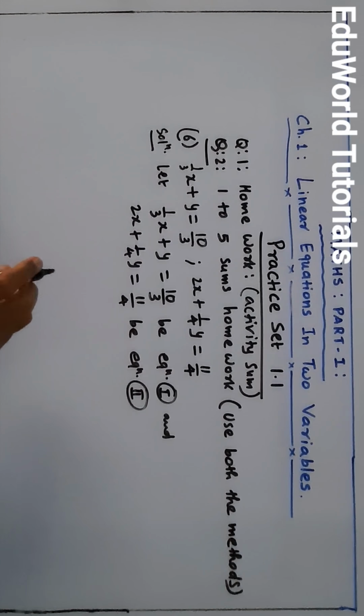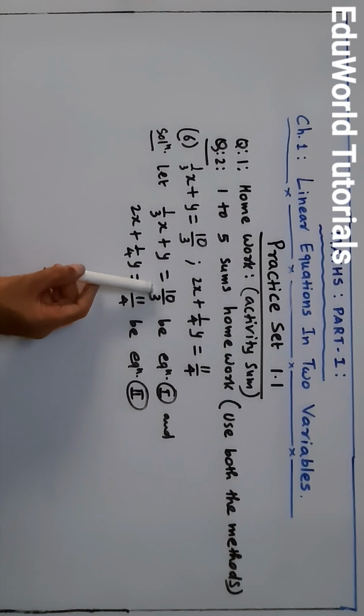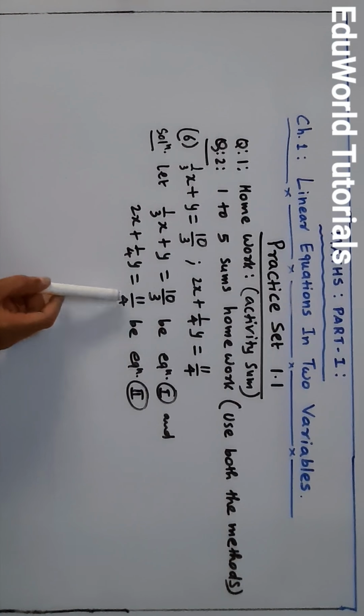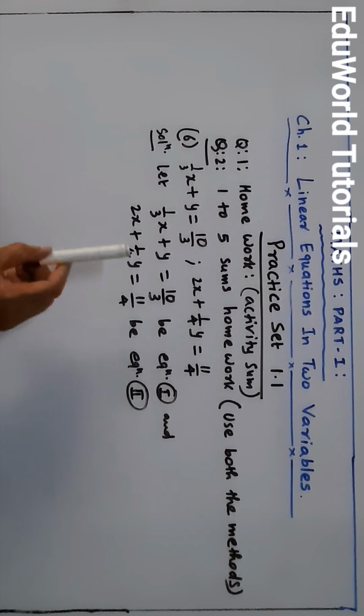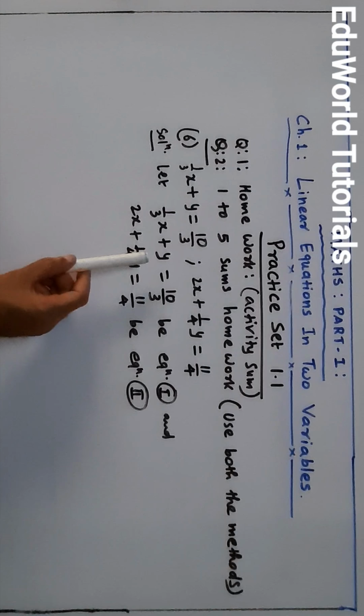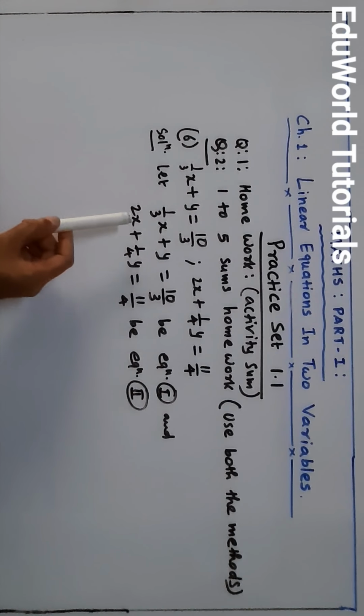After numbering the equations, what do we have to do? Here we see that the coefficient of x is a fraction, and even the term c is also a fraction. Here the coefficient of y is a fraction, and c, the term in the general equation, is also a fraction. In order to convert it into linear equations like the ones we see in question number 1 to 5, what to do?